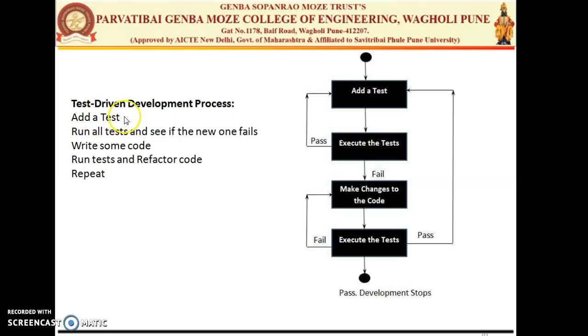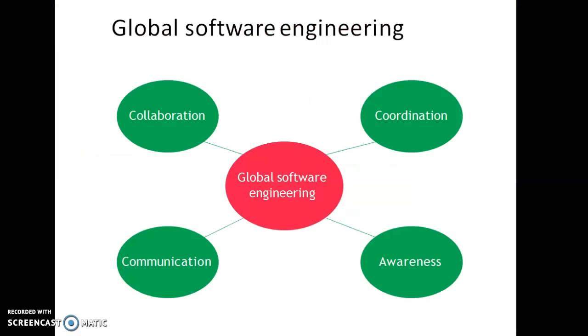That means actually we are starting the development by writing test cases and running them. If it fails, again refactor the code, write the new code for passing that test, and again execute the test. If the test passes, then add to the repository and start the next feature test. So this is test driven development.